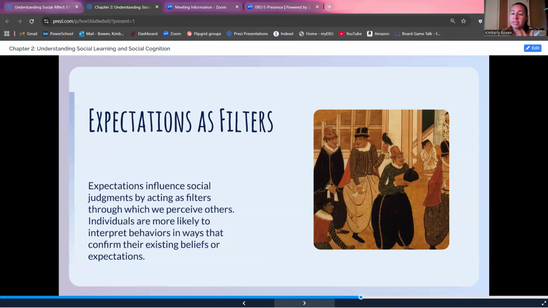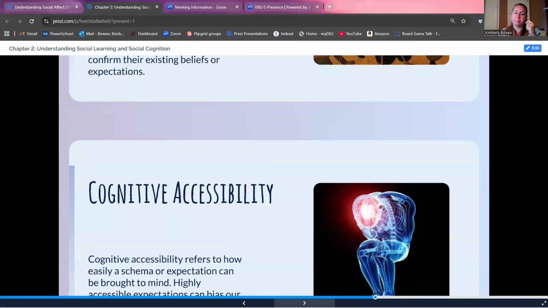And then at the same time, sometimes, if somebody waves at you and you wave back, you're giving them the social expectation that, hey, you're doing the right thing. And so you're constantly using these expectations as filters, so that as you're interacting with the world, you don't have to analyze every situation as new. It's your brain's way of shortcutting some of the social interactions.